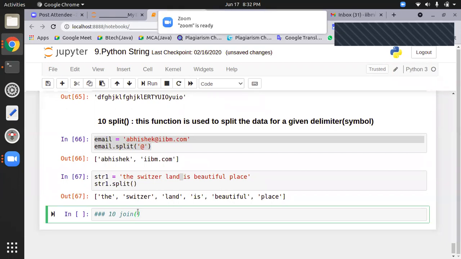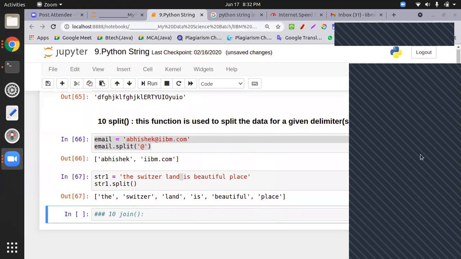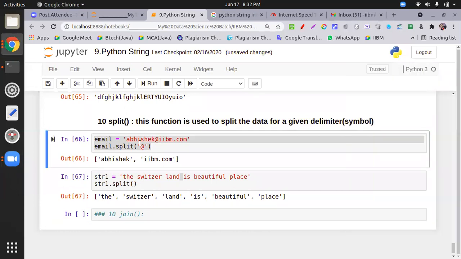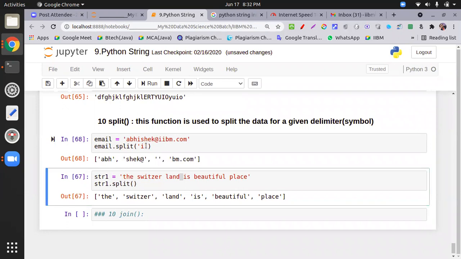All right, for join, any query from any participant? Yes, which one had the query? Please unmute yourself. Sir, what should happen when we give I as a delimiter in Abhishek@iibm.com? You want to put split on I. Yes. Check this thing. And why is there a space, sir,